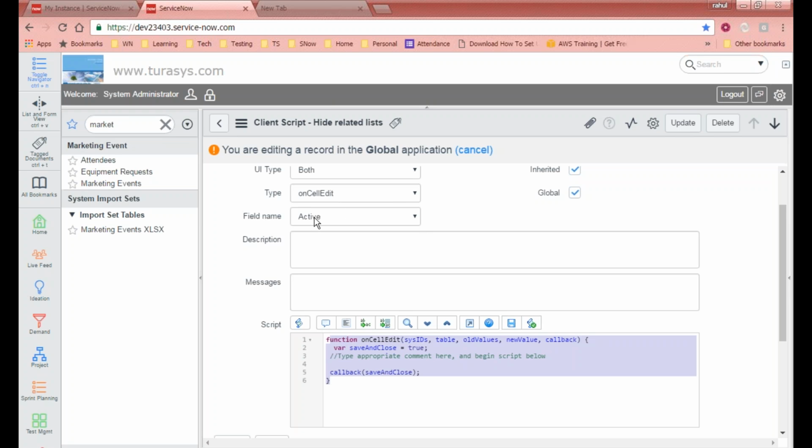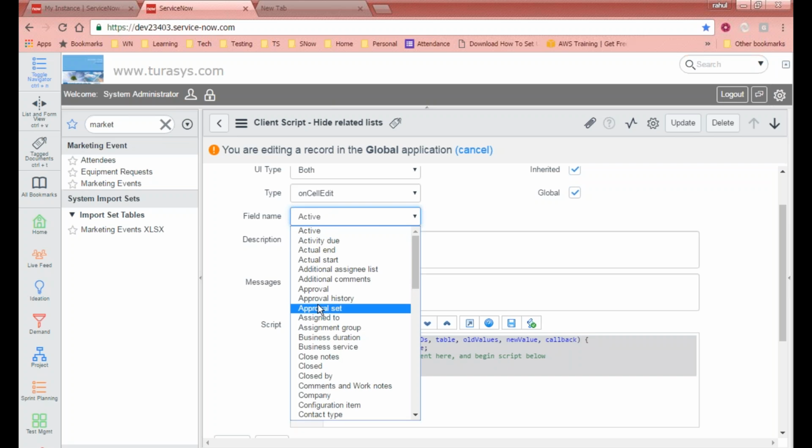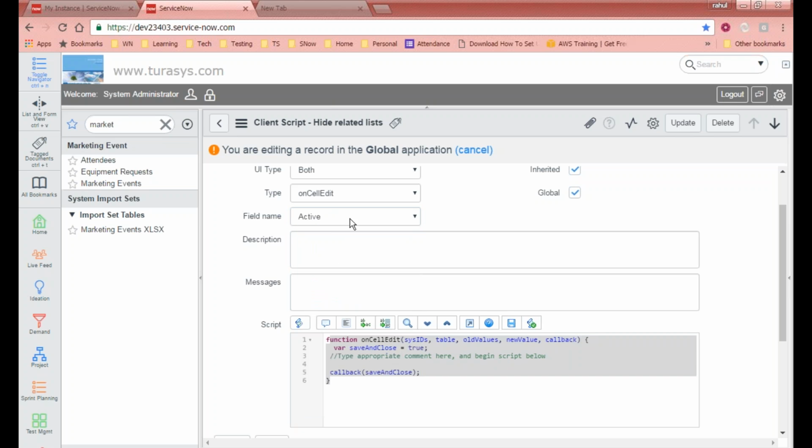The onCellEdit gives you a field name because it is to identify what field you are going to edit the values for, right? So you choose the field name on which you want to do the cell edit operation, and then you use those field values here, the new value and old value, and write your